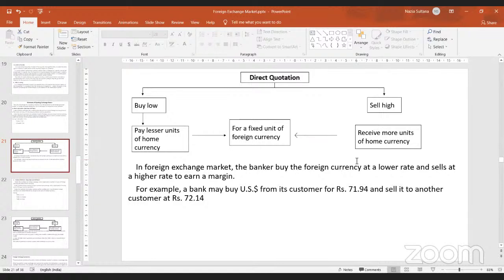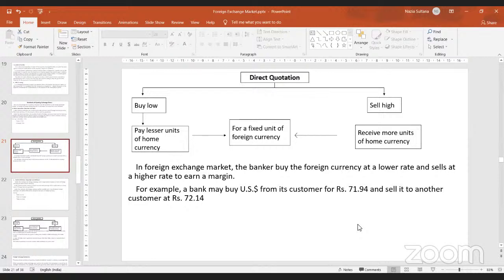So, based on their analysis, sometimes countries, individuals and banks make a decision. Banks also make decisions depending upon the estimates given by international organizations like IMF, World Bank, ADB. From their experiences, you also predict how your country's currency is going to unfold in terms of other countries' currency. So, on whichever date I have to spend less of my country's currency to buy the other country's currency, on that day I will buy more units of the other country's currency.